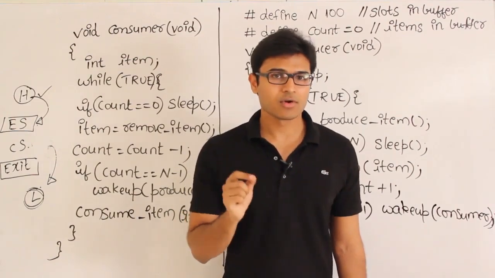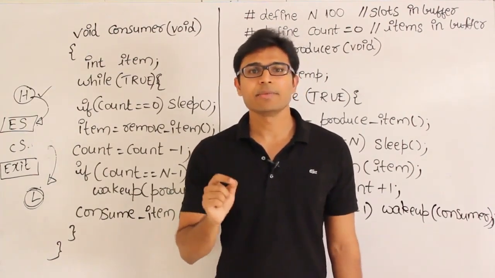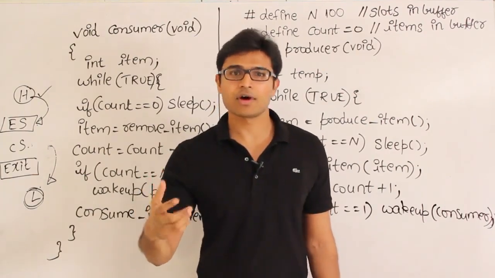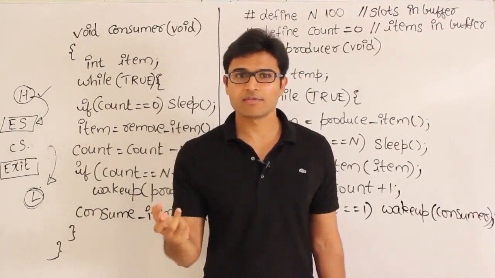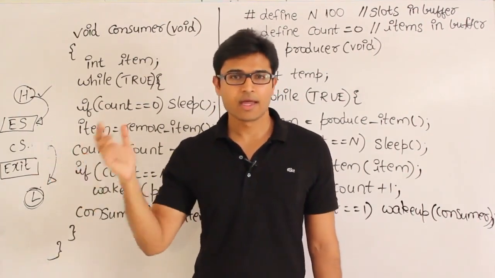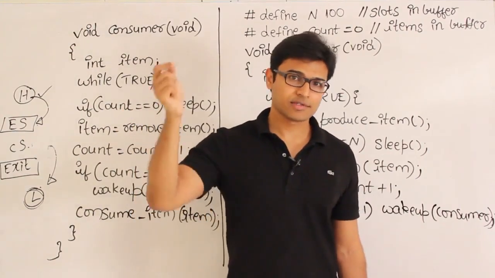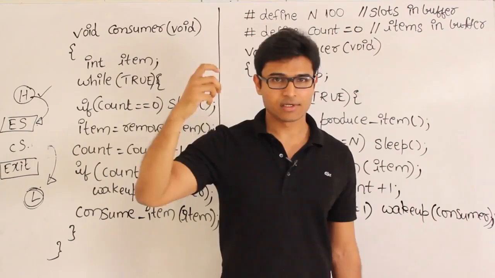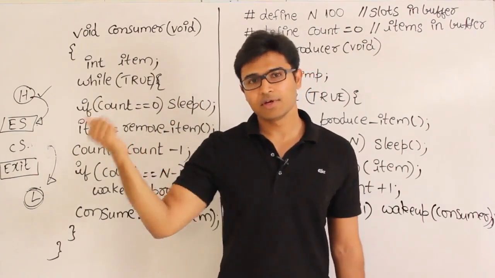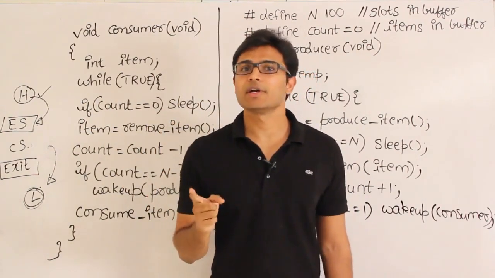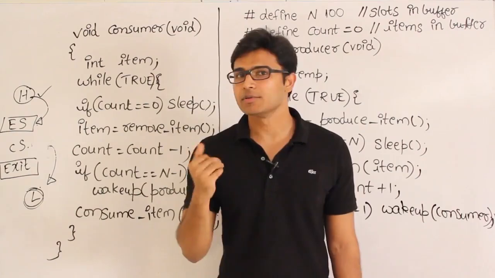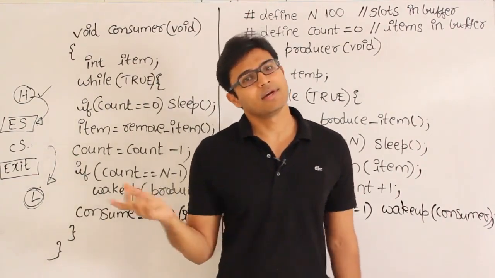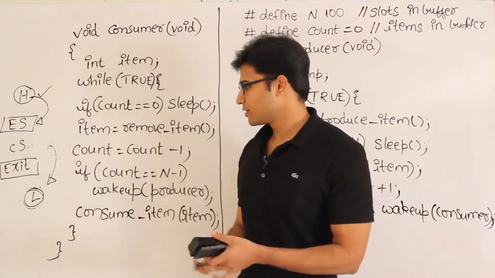So for that we are going to see something called sleep and wake up. Sleep means if any process wants a resource or critical section, and if it is not available, that process will go and sleep, and as soon as the other process which is using the critical section finishes its usage, it is going to go and wake up the one which is sleeping. So using sleep and wake up we can solve the problem of CPU wastage. This is the best method possible, and let's see with examples. I'll show you with examples how it works.